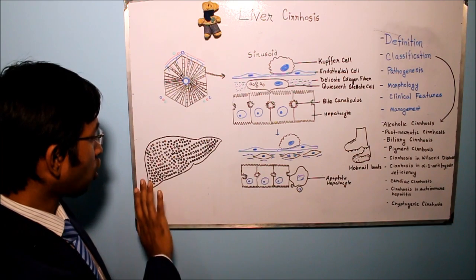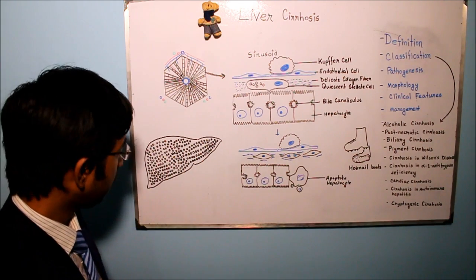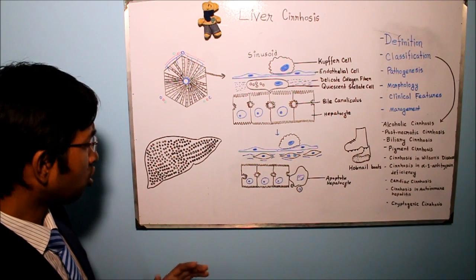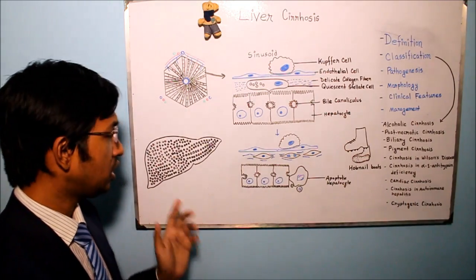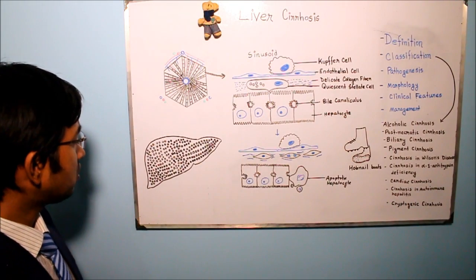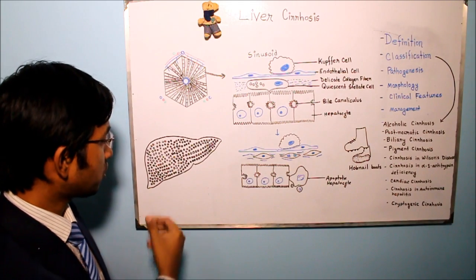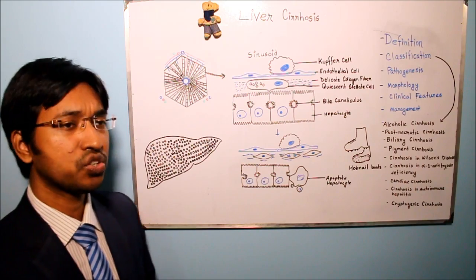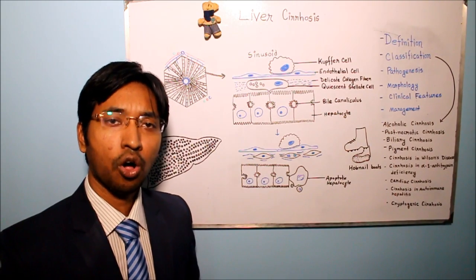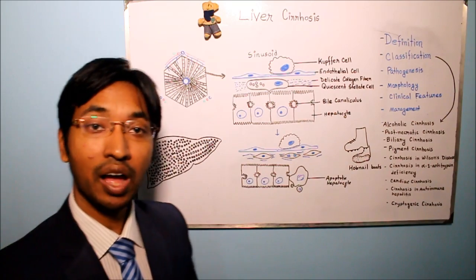A lot of micronodules are seen throughout the liver, almost of equal size, so there is very little variation in their size, and they are studded on the surface of the liver just like hobnails. So that's why alcoholic liver cirrhosis is also called hobnail cirrhosis, and this explanation is very high yield for